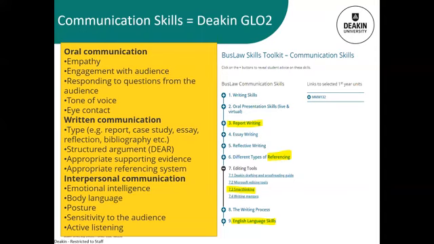With the written communication side of things, you'll be looking at different forms of writing, so reports and essays, reflective writing, also using a structured argument to present ideas in a coherent and cohesive way. And in this unit, we will look at how you do that using the DEAR method.